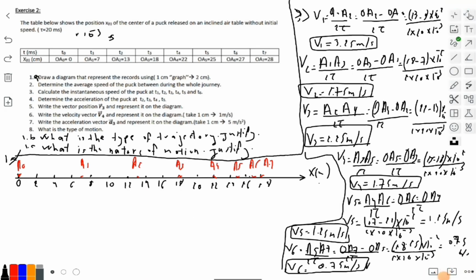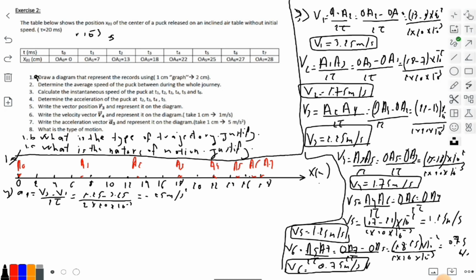Part 4. Determine the acceleration of the book at T2, T3, T4 and T5. So A2 is equal to V3 minus V1, the velocity just after 2 minus the velocity just before 2, over 2 tau. So it equals 2.25 minus 3.25 over 2 times 20 times 10 to the power minus 3, equal to minus 25 meter per second